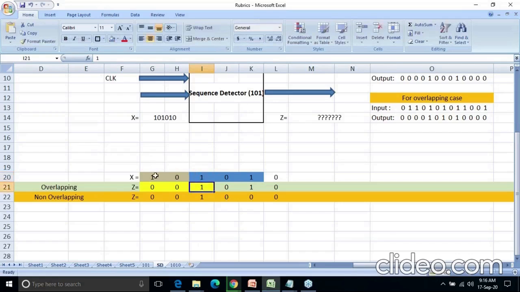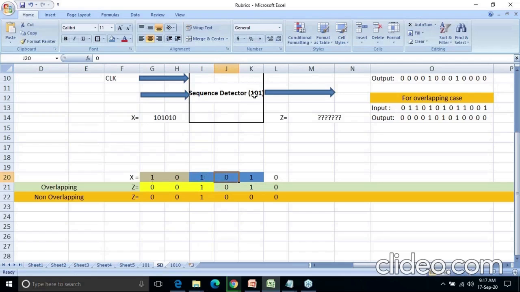So here I am saying that this is my first sequence, but whatever the last bit is coming, I am saying that it is my first bit also, so I am taking this again in the next sequence. So what is the case? Again over here I got a 1, but is the whole sequence detected? This is my first one, so the output is already 1, because this is the last bit of my sequence 101. But I have also acted on this as a first bit, but as it is considered as a last bit, I got it as a 1.